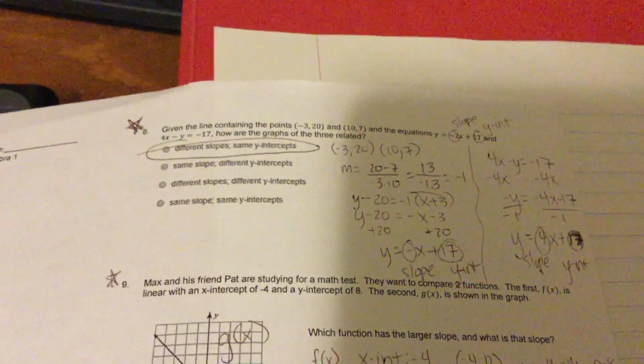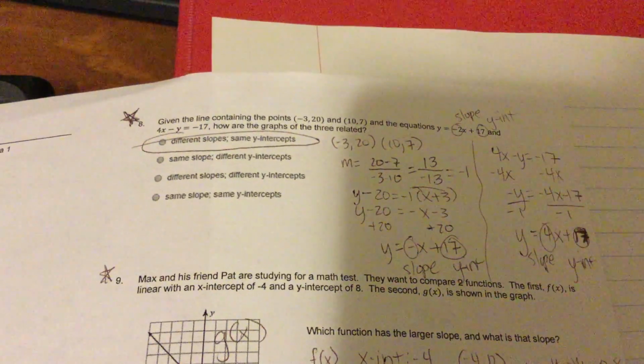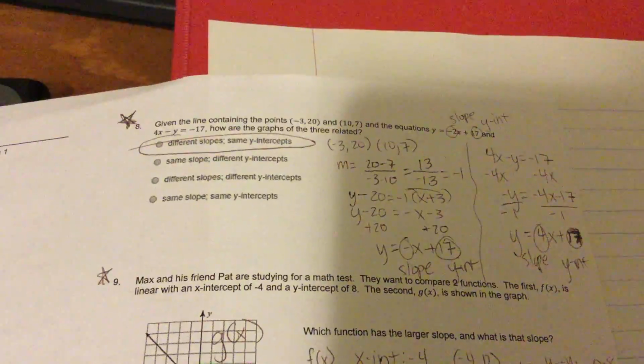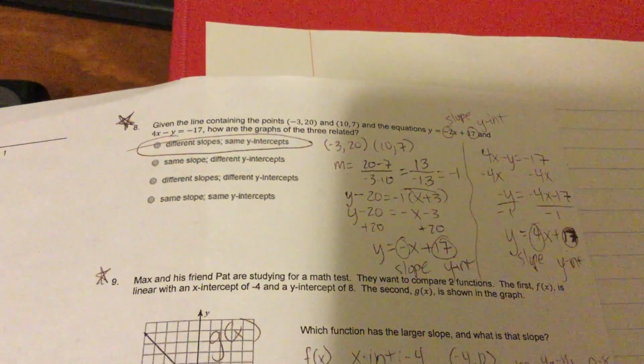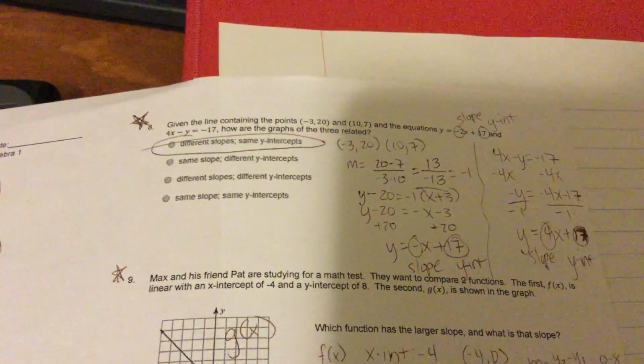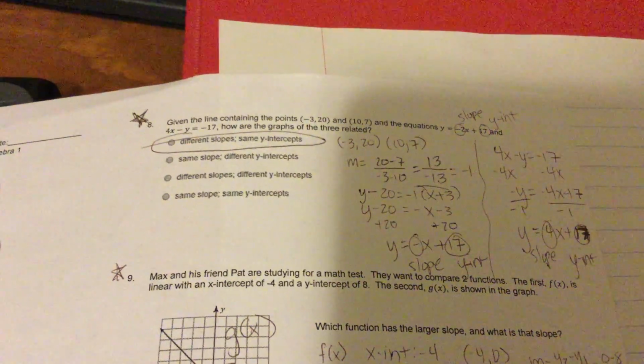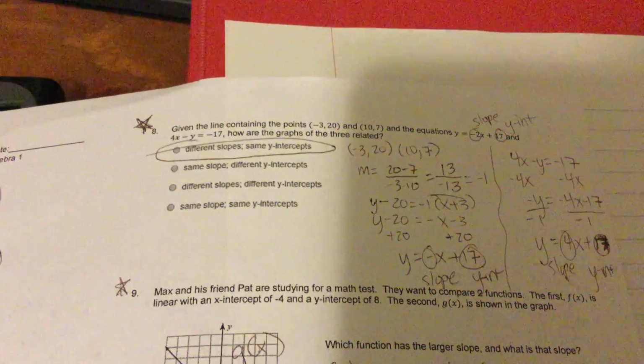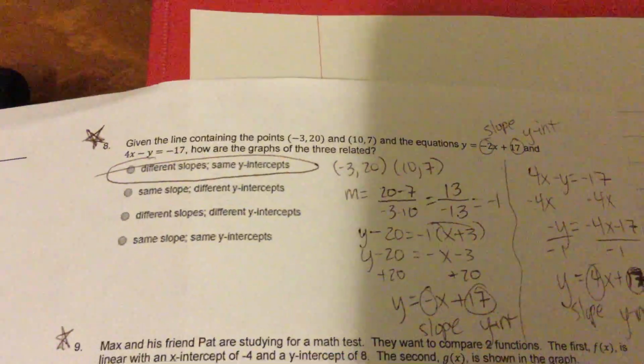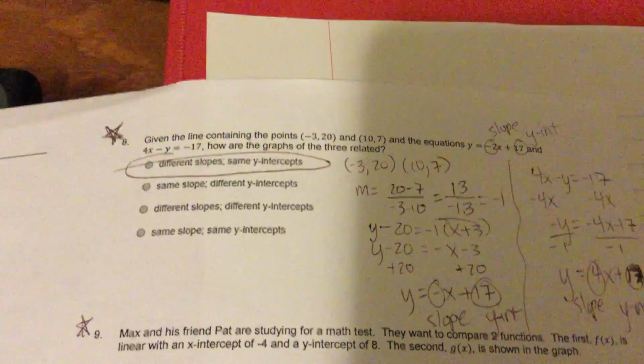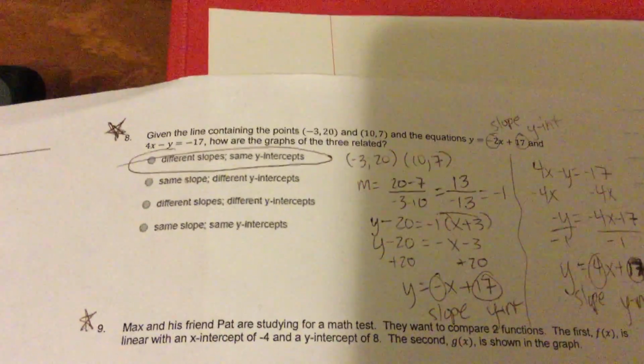This is Mrs. Taylor, and I want to go over number 8, 9, and 10 from your study guide. These are some questions that require higher level thinking, and I feel like in addition to a solution, you could use an explanation. So number 8 says, given the line containing the points (-3, 20) and (10, 7),